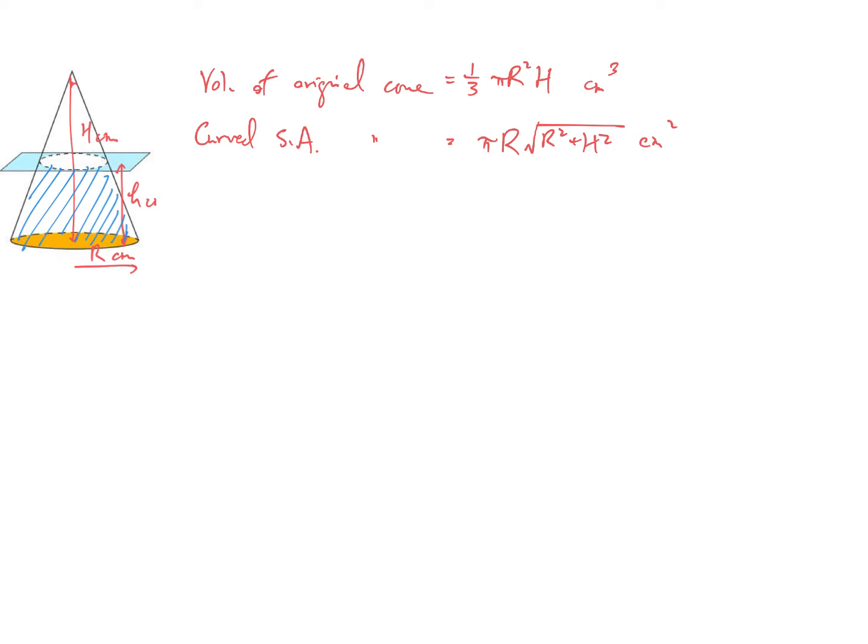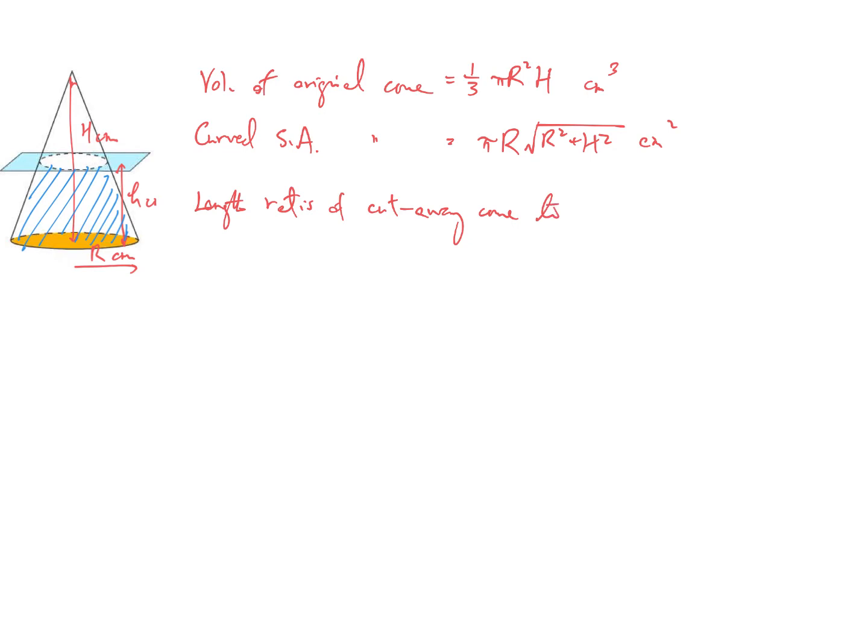Now next, we find the volume and curved surface area of the cutaway cone. Note that we don't have to use a very difficult method, such as finding the radius of the cutaway cone. We apply the knowledge of ratios all at once. That is, we find the length ratio of, no, we find the cutaway cone first. So the length ratio of cutaway cone